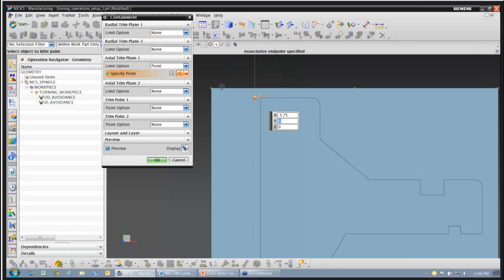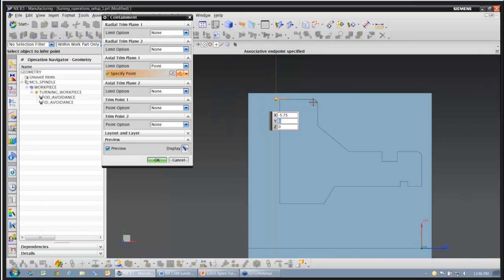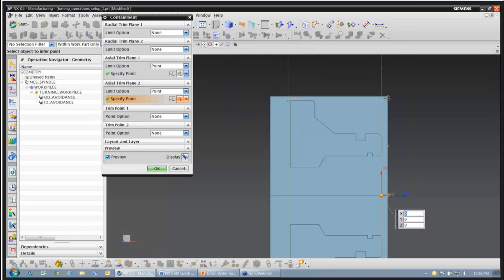but we know that our chuck is going to be in this area, so we're going to limit our tool so that it can't go past this axial trim plane. And then I'm going to define another one as our start position. So our tool is going to be able to go between these two axial trim planes. Now I also want to mention that we can override this within the operation, and we'll do that on a few operations. But it is a good idea to go ahead and get this set up and use containment as your